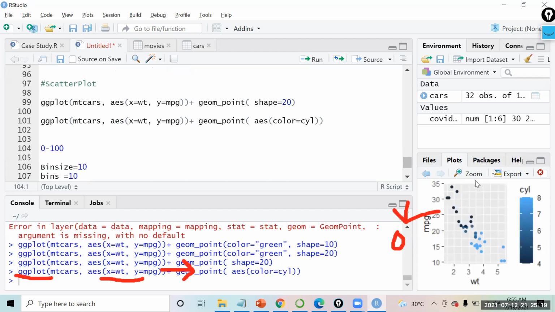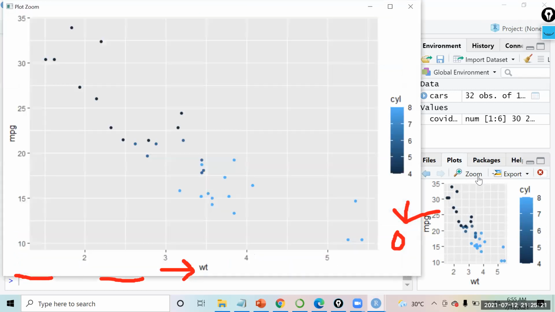If I make this chart now, you will see the color of the bubbles will change, and we can very easily identify from here that as the number of cylinders increases, the shade of the color is getting lighter. These cars have 4 cylinders, the medium colors have 6 cylinders, and the lightest ones have 8 cylinders. So from the color saturation I am able to find the number of cylinders that the car has.